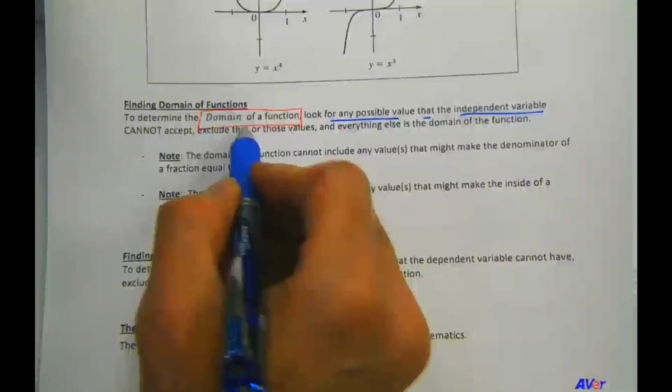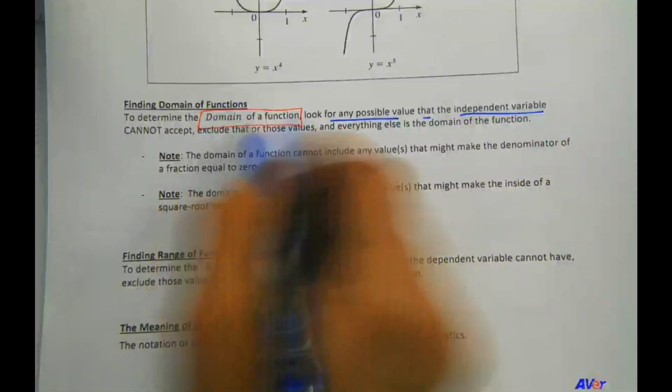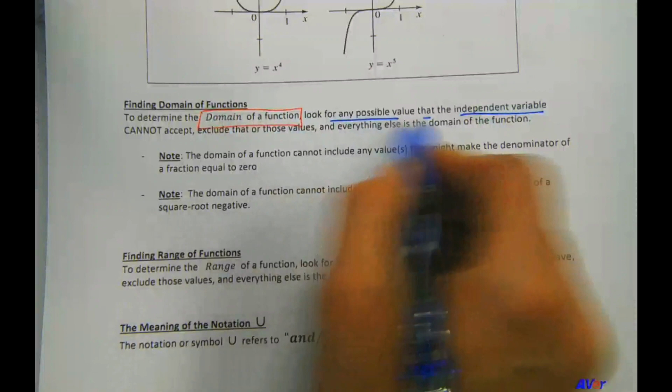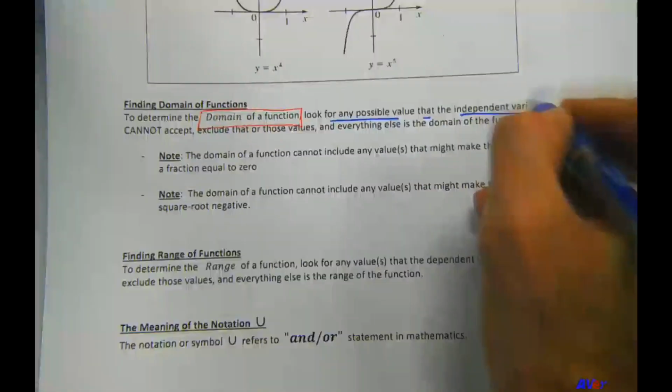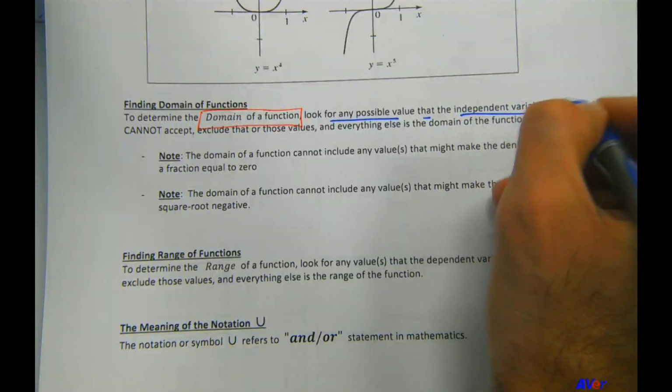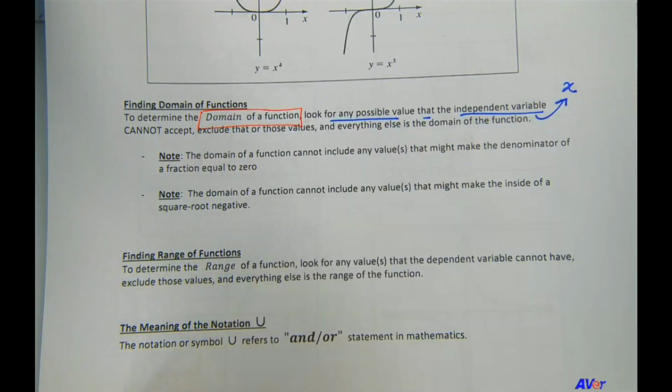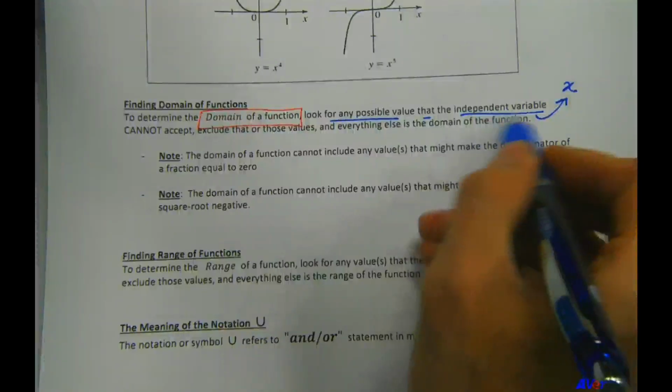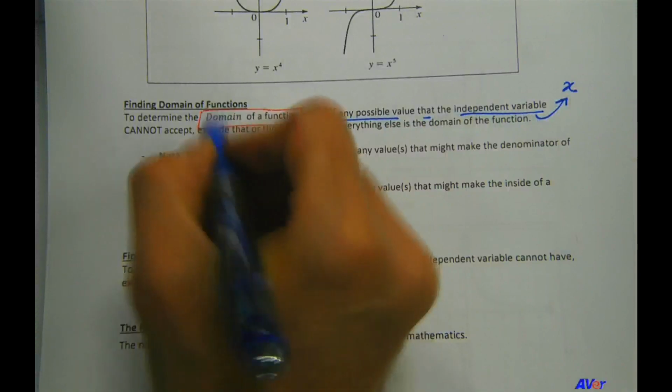To determine the domain, find any possible value that the independent variable, that is x, right? x or t or h, anything that can be x,